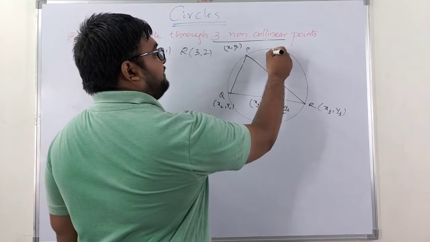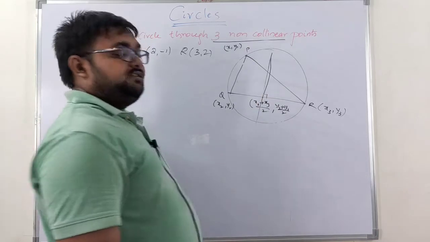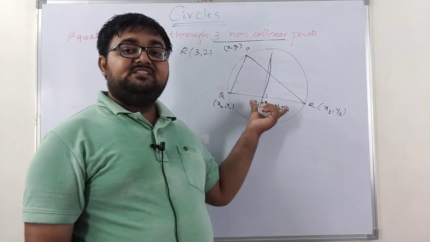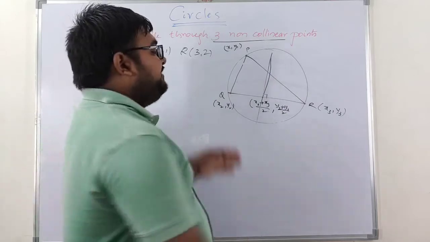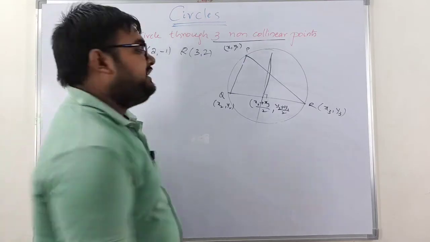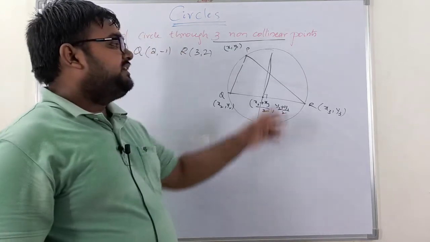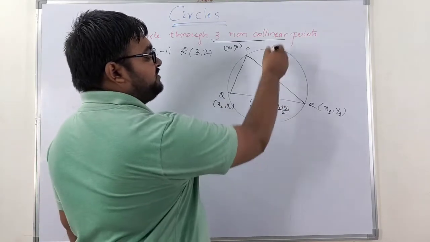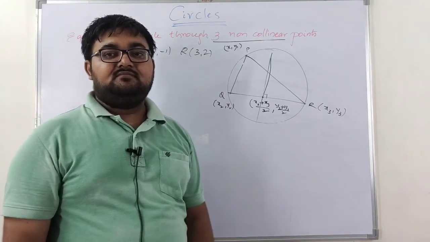Now if I draw a perpendicular bisector, so what is meant by perpendicular bisector? The perpendicular bisector of QR I have drawn. Perpendicular bisector of QR means nothing but it passes through the midpoint of QR and it will be perpendicular to QR, right? So when I know the slope of QR, I can have the slope of this perpendicular bisector, and I know one point also, which is nothing but my midpoint. So making use of the point as well as the slope, I can find out the equation of this perpendicular bisector, right?